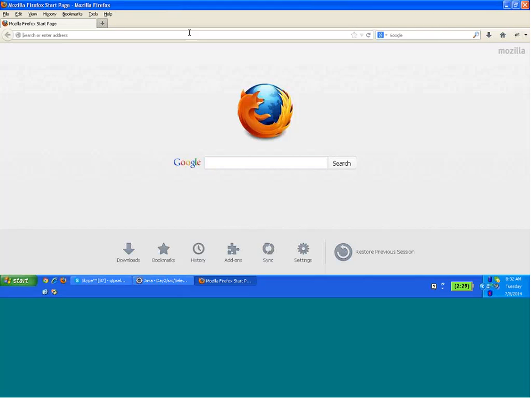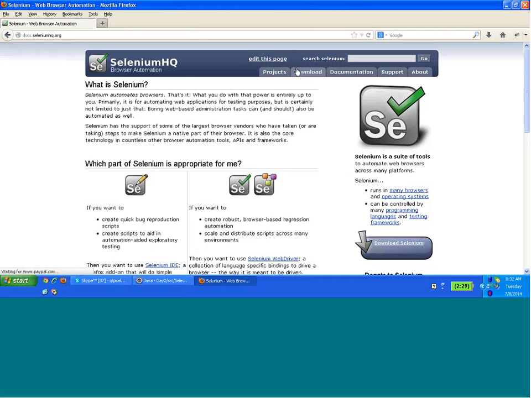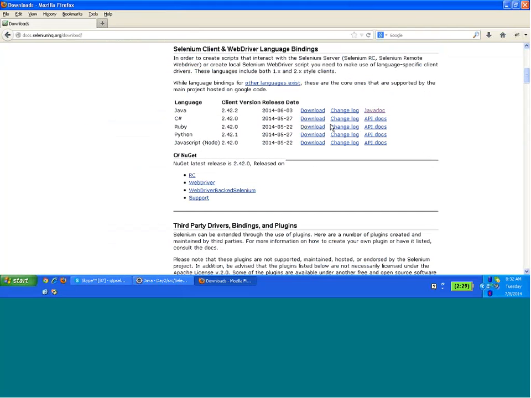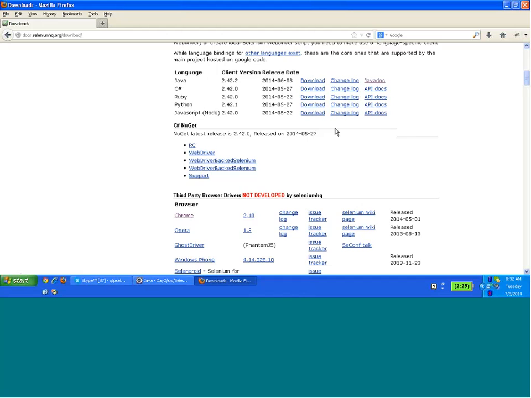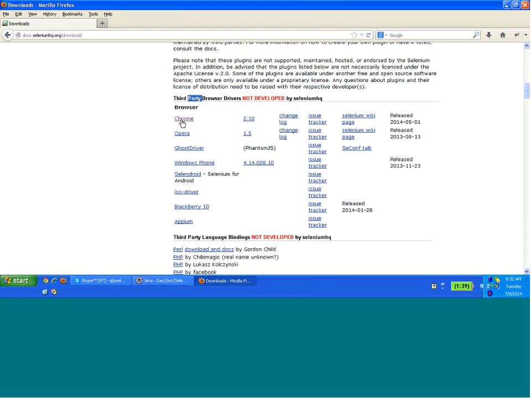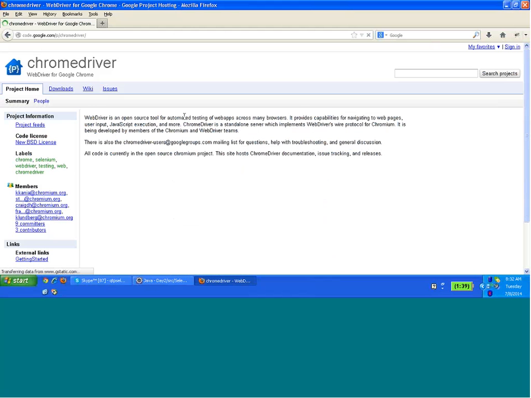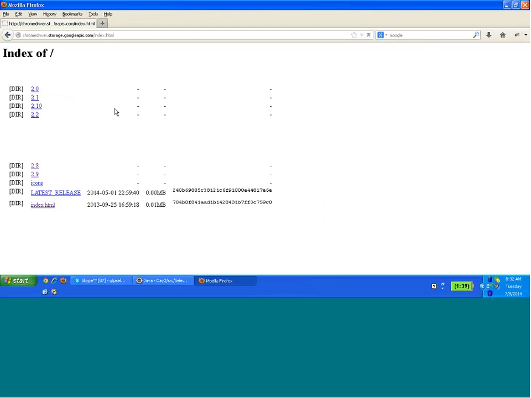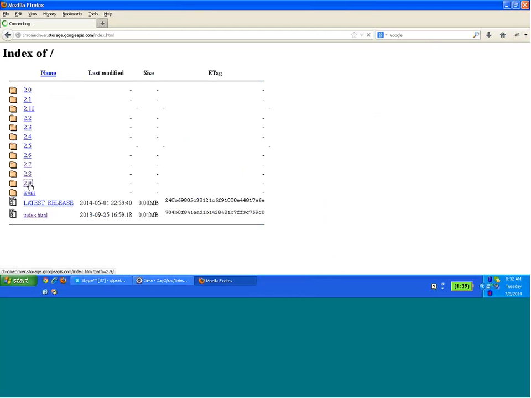You need to go to the website seleniumhq.org, go to the download link over here. Okay, in the download link, hold on, you go to this one, Chrome, third-party browsers not developed by Selenium HQ, Chrome. So you go over here in this, out here you'll see the download link, and over here go to this particular link, and you have to download the latest version 2.9